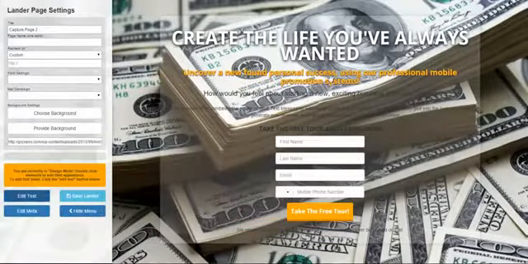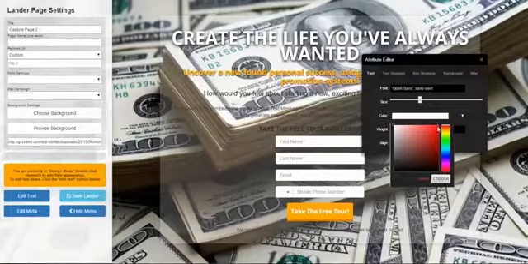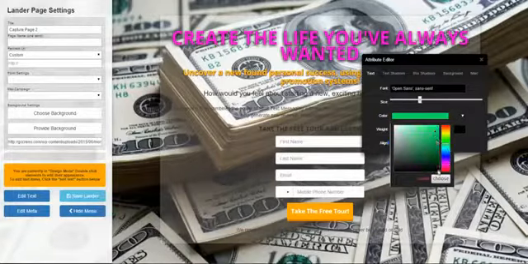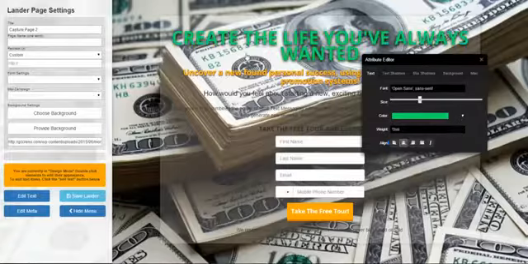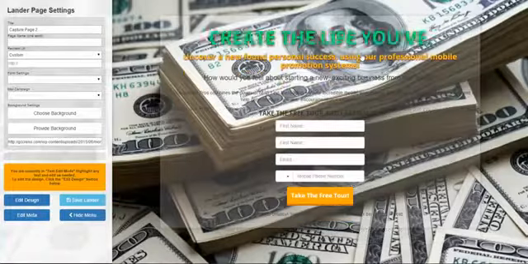Now let me show you how easy it is to change text color. So if I wanted this red instead of white, I can go to that, or I can just drag it down and choose any color I want. If I wanted pink, I could do pink. If I wanted green, I could do green. Very easy to make changes. If I want to change the text to say something,